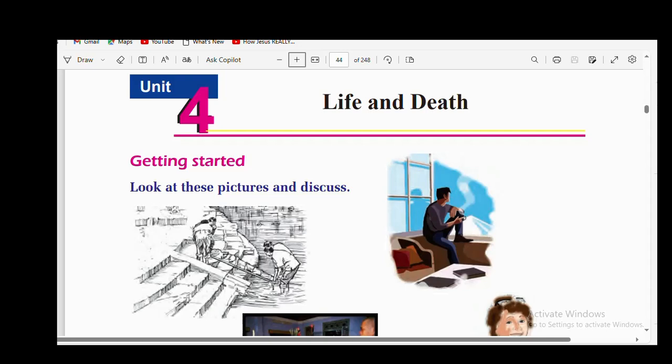The topic of the unit is life and death. In this unit we are going to discuss mainly the relationship between life and death. Generally, people consider life separately. Life has one particular definition and death is another, but under this unit we are going to discuss the relationship between life and death. We are going to discuss what life is and how life and death are interrelated